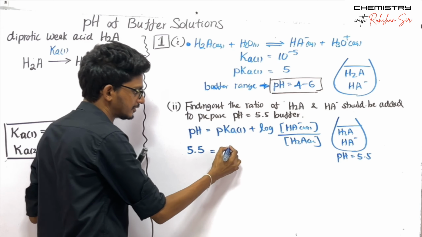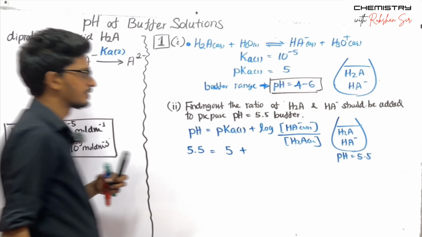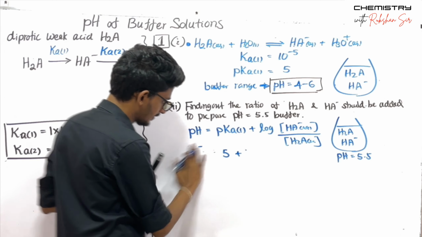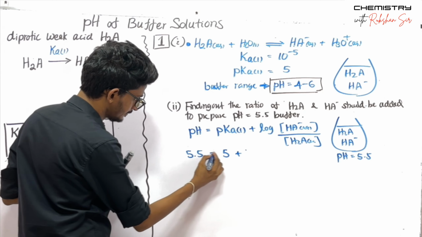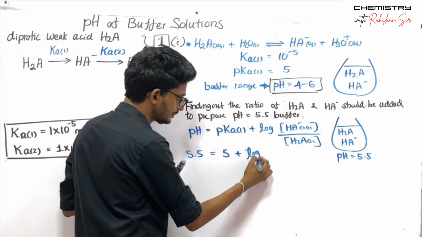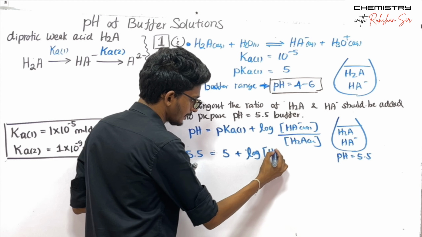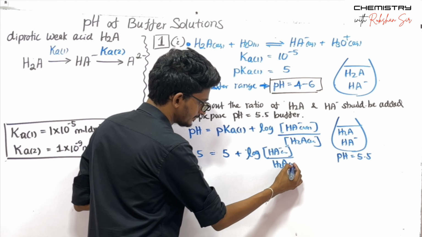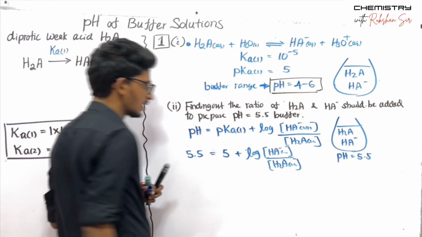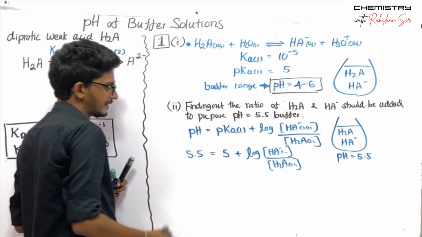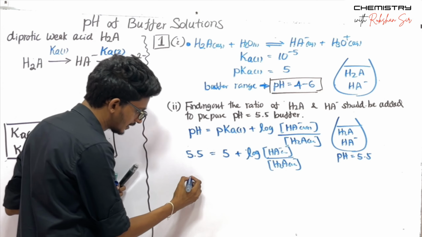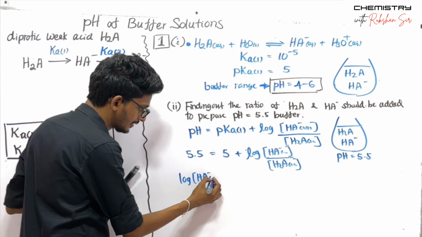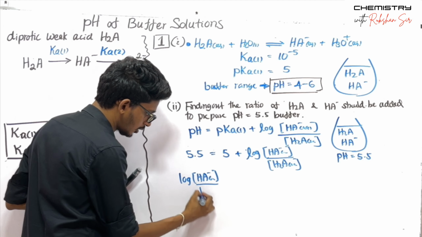pKa1 is 5 plus, right, log [HA minus] over [H2A]. So if you bring this thing here and make it the subject, we will come up with log [HA minus] over [H2A]